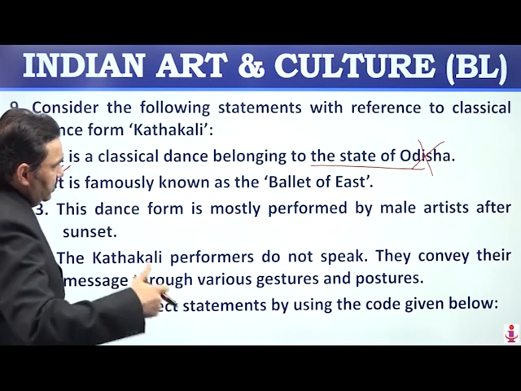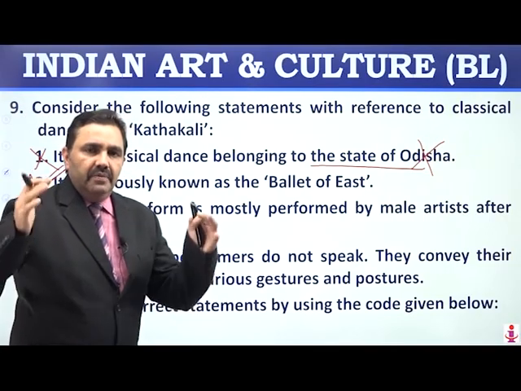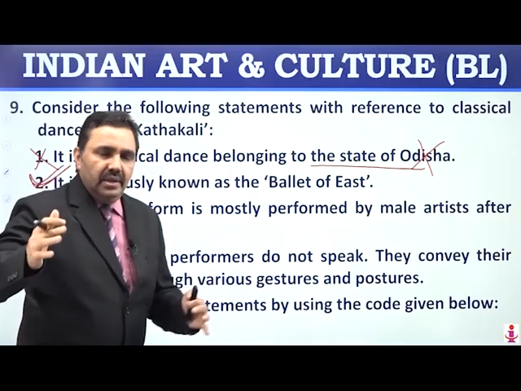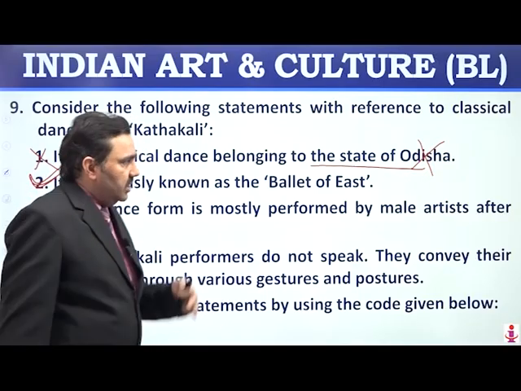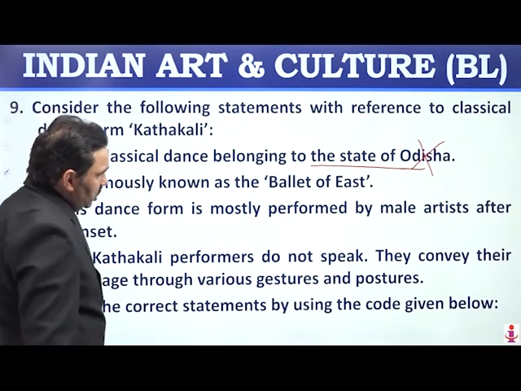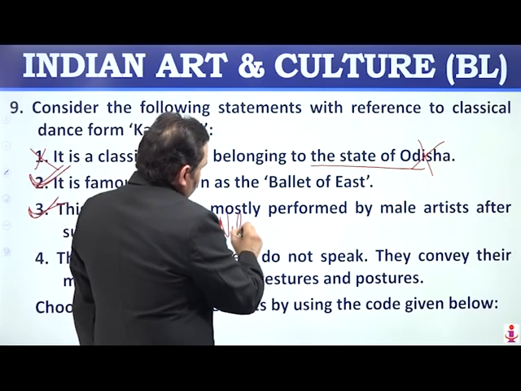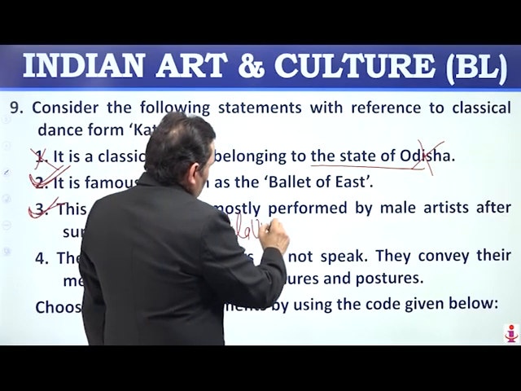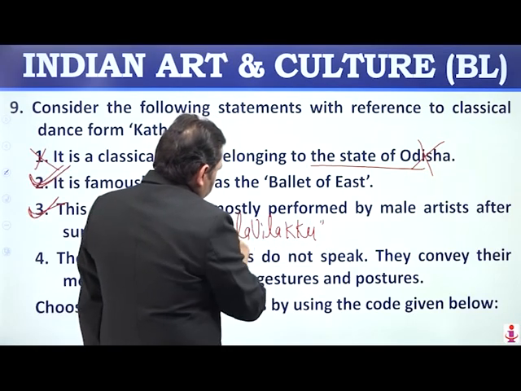This dance form is mostly performed by male artists after sunset. Initially it was performed by male only. Later on some female also started participating in it or started performing it. It is performed after sunset. And these artists, they put a lamp in front of them, and that lamp is also very important here, Nila Vilakku. So that lamp known as Nila Vilakku is put in front of them